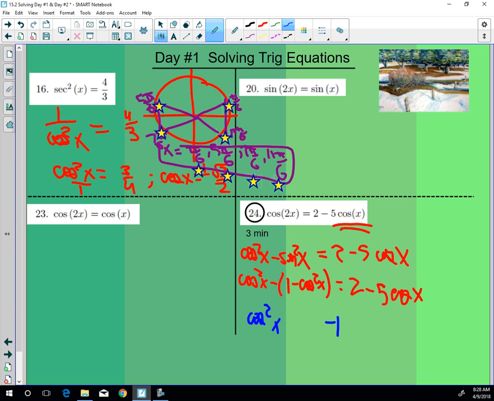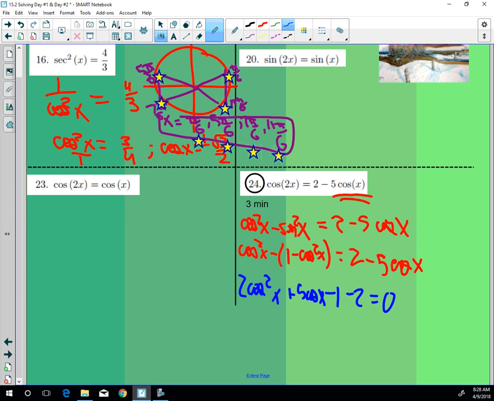And then you're going to have minus a negative cosine squared. We're going to have 2 of the cosine squareds. I'm going to add the 5 cosine x to this side, and I'm going to subtract 2. Did I do too much? Is that all right? Could have done an extra step there. Cosine squared x, there's 2 of them, minus 1 equals 2 minus 5 cosine. You add that, you subtract the 2, you add the 5 cosine, and so this becomes